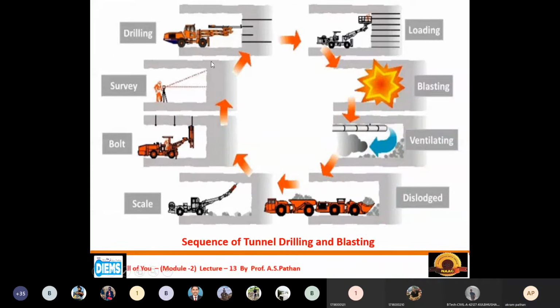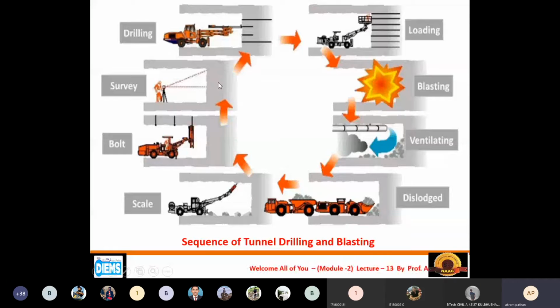First step in the tunnel construction is survey. All of you know that in the surveying process, we have to measure the angle. Here, this is the face we have selected for drilling purpose. The shape of the tunnel may be rectangular or circular or any oval shape or even a square tunnel, depending upon the requirement. For example, the tunnel is used for the transportation of vehicles, transportation of railway.